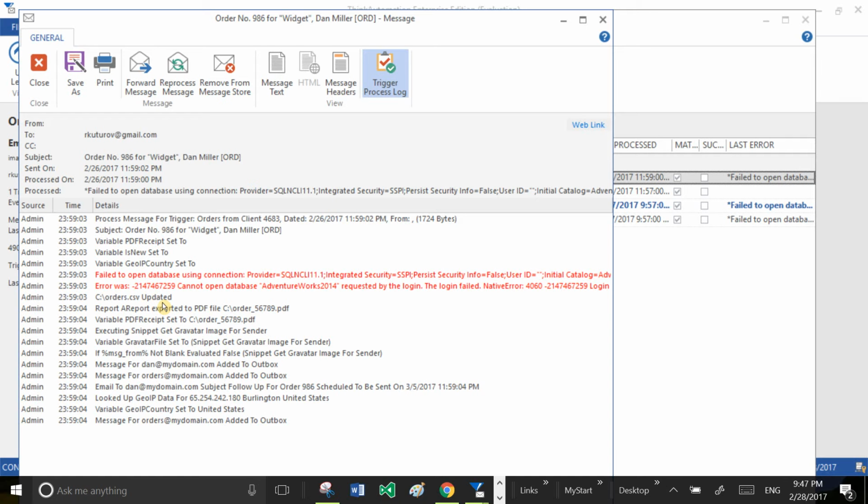That's where we append a record to a .csv file inside the trigger, and it says a report exported to PDF file c:\order_ and some serial number. It set the variable, executed the snippet,